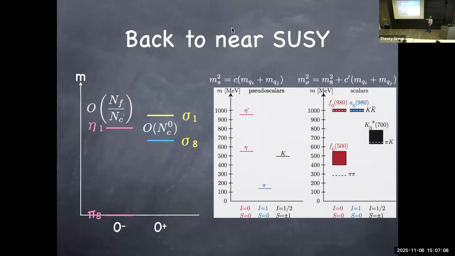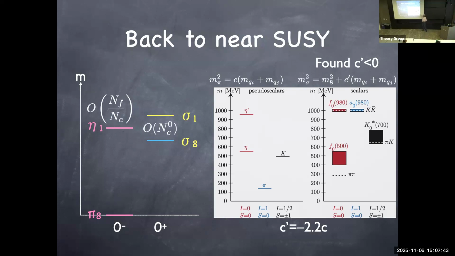So when you turn on the mass of the quarks, I told you already that the pseudoscalar mass squared goes linearly with quark mass. And the scalar mass squared also goes linearly with quark mass, out of some common number to begin with. But I found this coefficient to be negative, which is about 2.7 times bigger than the other one. So C prime being negative really does show that the spectrum is upside down. As quark mass is increased, the scalar masses come down.